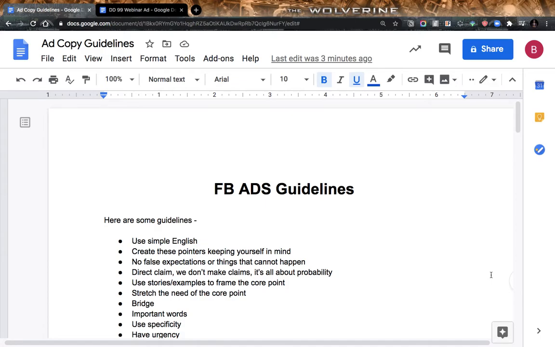Hi, this is a Facebook ads guideline. So what we have done is that we have created this document for you. So whenever you are writing ads next time, please make sure that you are following the guidelines from this page,